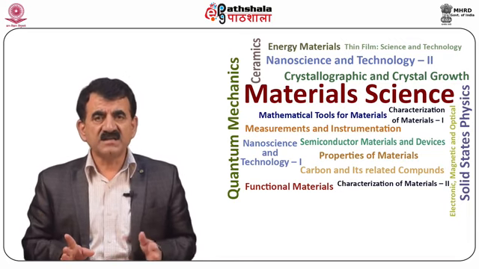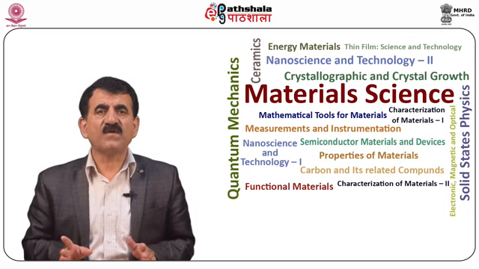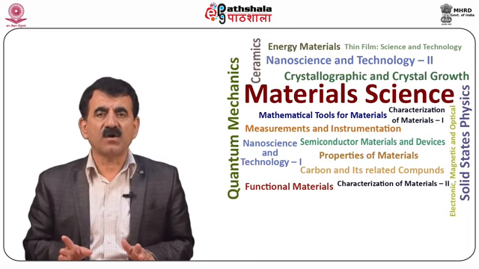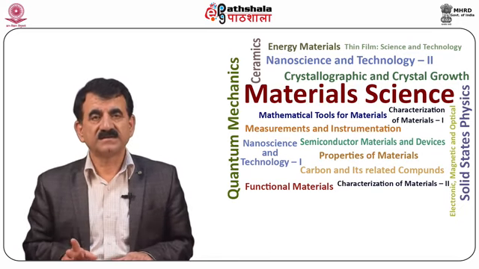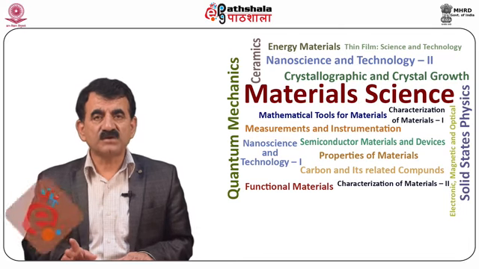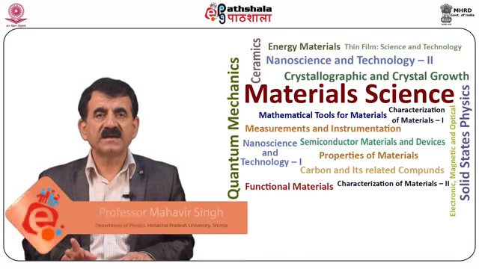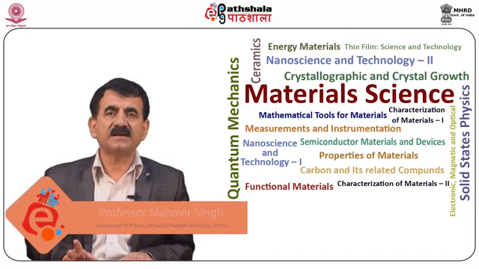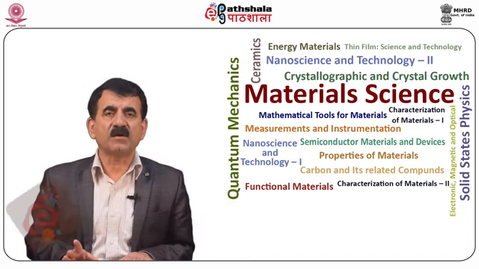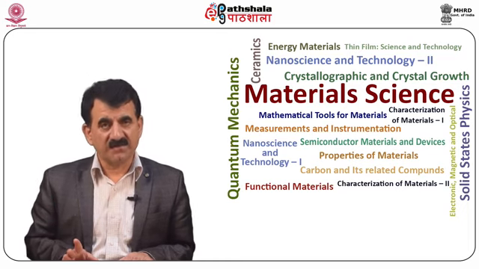So dHvA is observed due to Bohr-Sommerfeld quantization of orbits of conduction electrons under the influence of the magnetic field. The change in electrical resistance of a conductor when placed in a perpendicular magnetic field, due to flow of electrons against the Hall field with some more than average velocity, is known as magnetoresistance. The constant value of Hall resistance in a two-dimensional system at low temperature and high magnetic field, which is an integral multiple of h by i e square, is known as the quantum Hall effect.